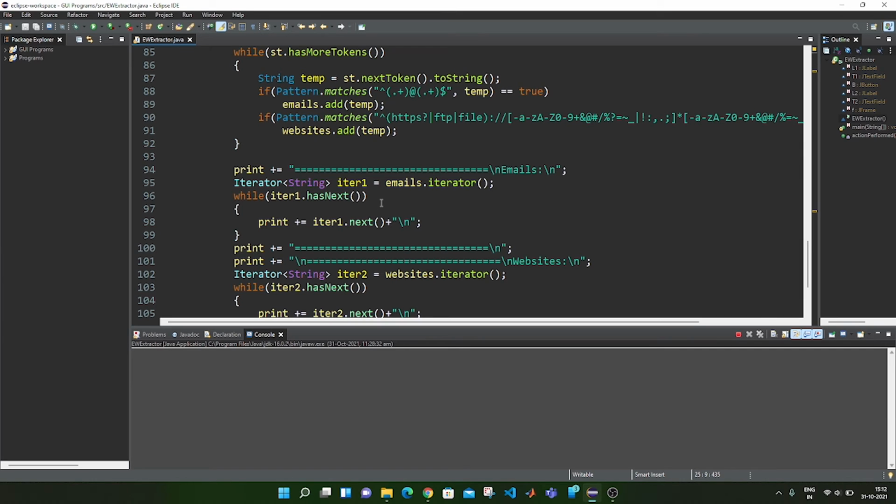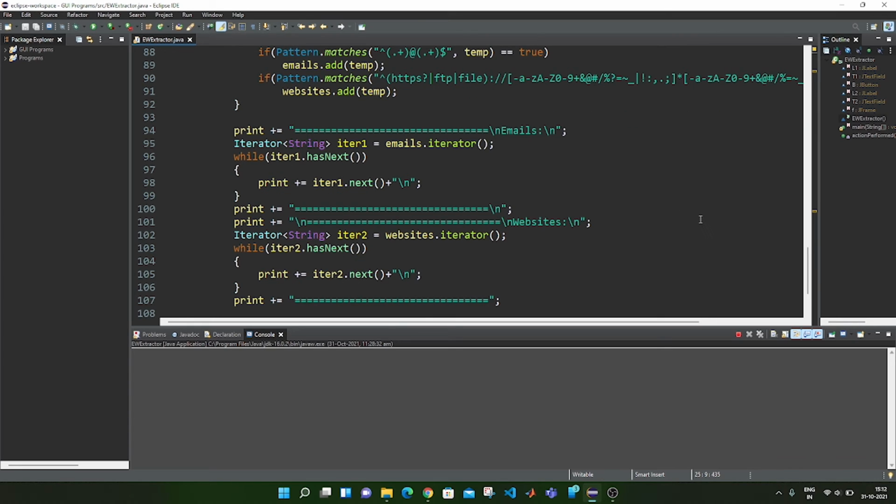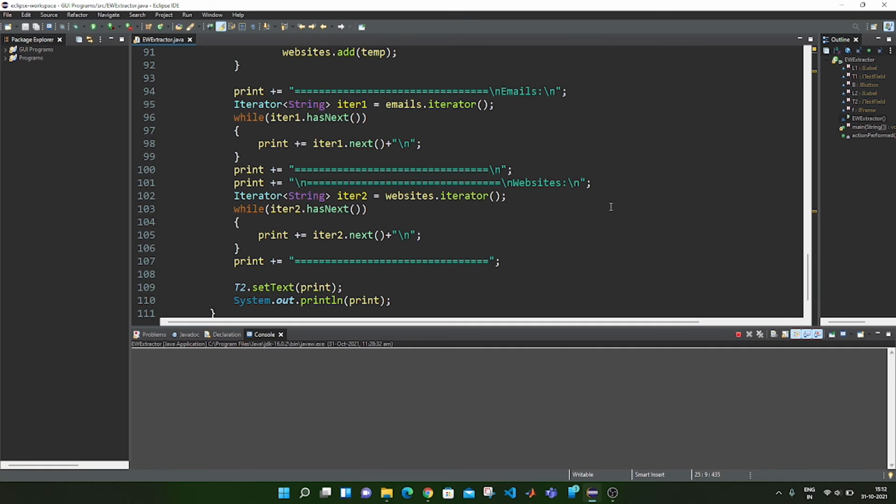For iterating through all the elements present inside the two array lists, I am going to define two iterators. The first one is going to iterate through the emails array list, and it is going to be named iter1, and the next one is going to be named iter2. While iter1 has values, it is going to print all the emails, and the same goes for iter2 as well.